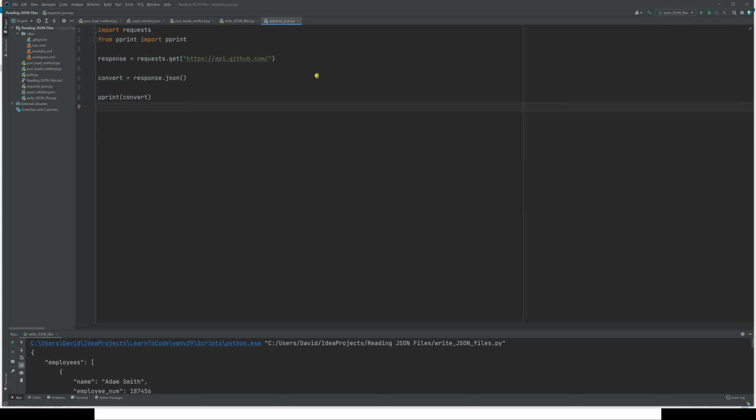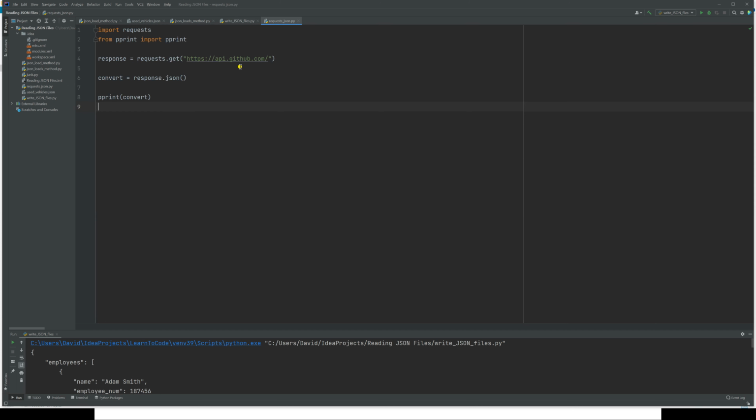So if you don't wish to use JSON for any reason, or if you're already using requests, you can import requests. I've done the pretty print import again up there, and the requests get, we're going to go and look at the GitHub